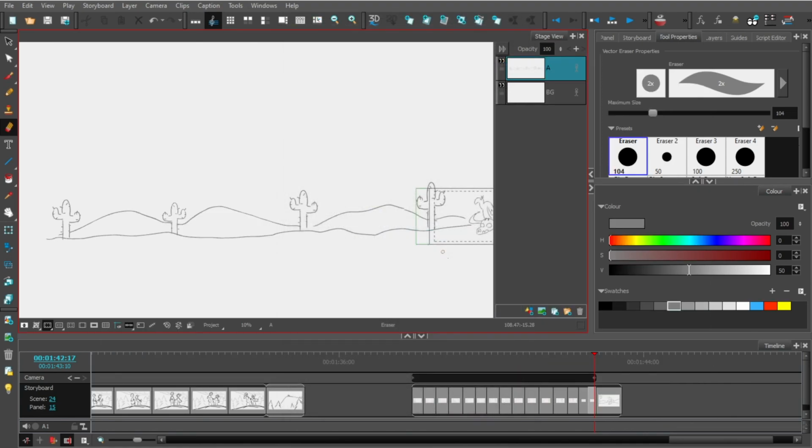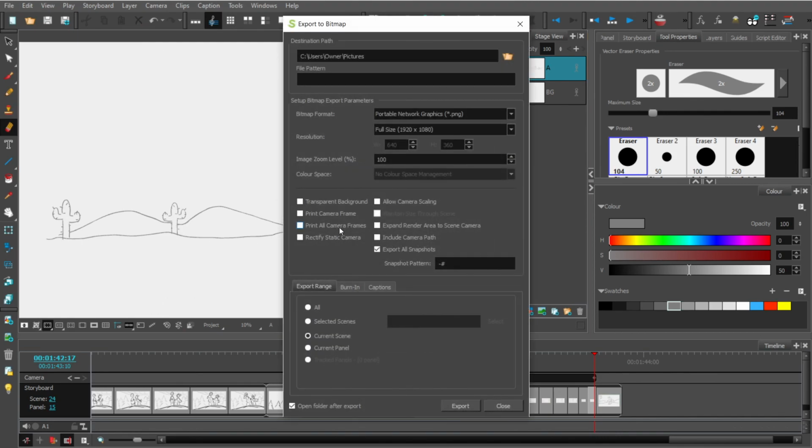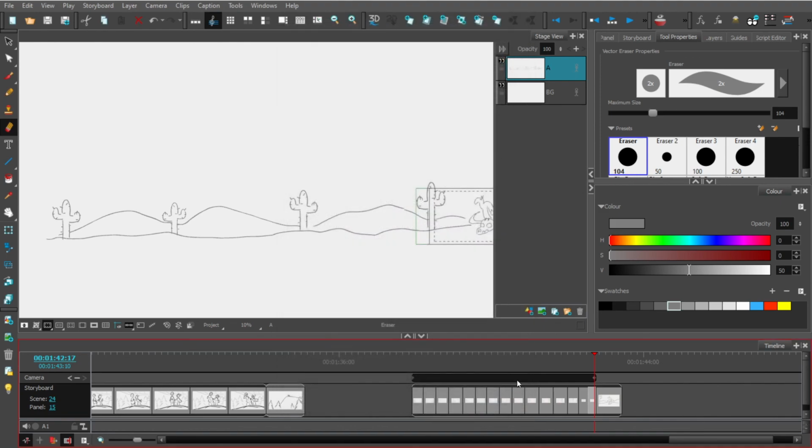So yeah, that's just a little tip I would recommend when you're working with Storyboard Pro. It makes your boards look more professional, and the other thing is, like I said, I turn everything off, so I don't have the print camera frame that shows you the first frame and then your last frame. I think it just kind of distracts. You want to play it like you're in a movie. You want to look professional. But anyway, that's just a little extra tip about exporting. And I've been talking way too long, so